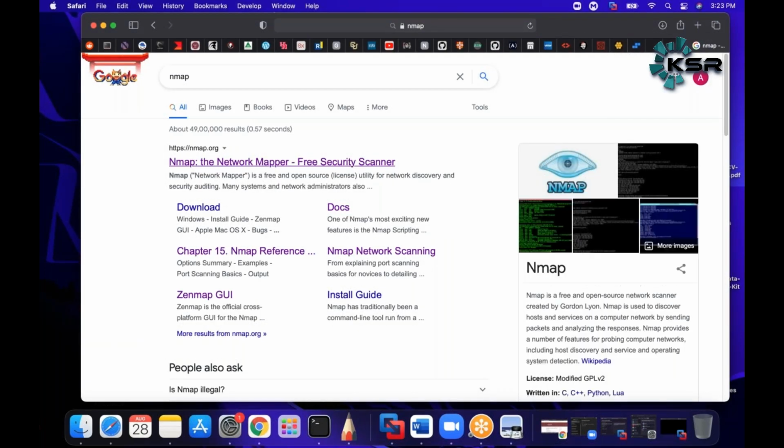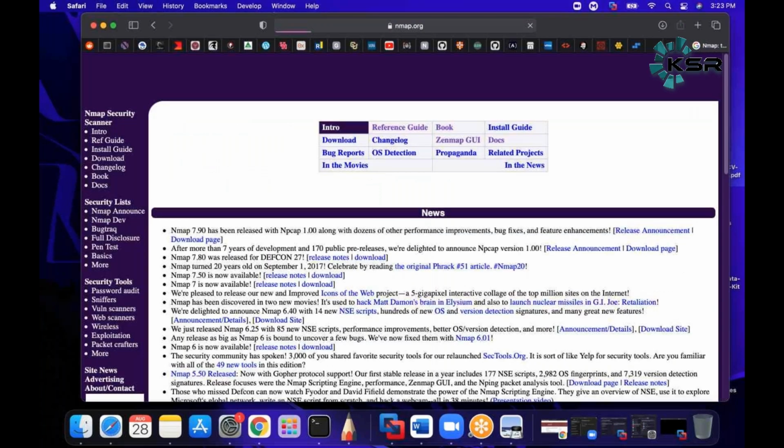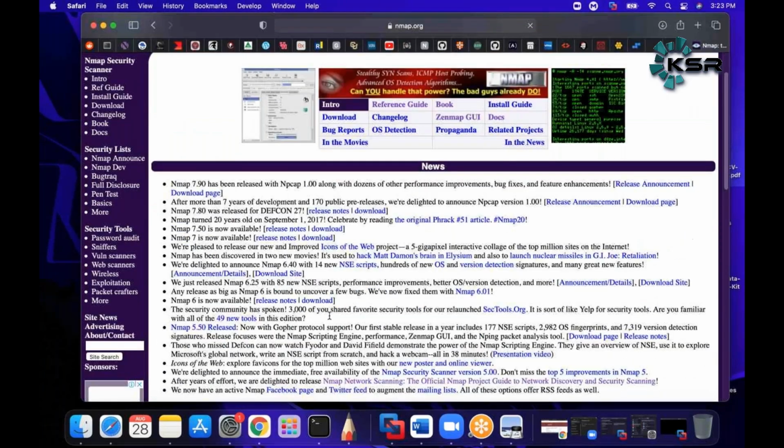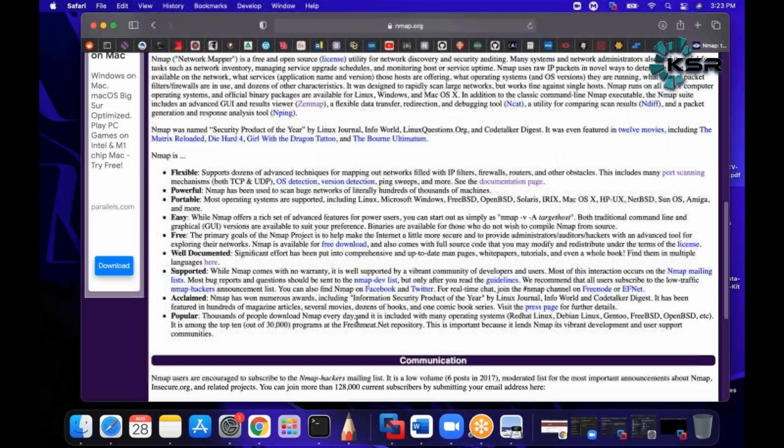Nmap is a network scanner. It is a security scanner that helps you find out the services running on a particular IP, and not just one IP. It helps you scan for security issues on a particular network that you enter.